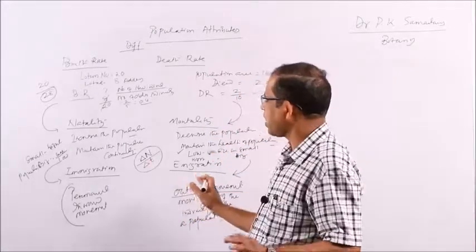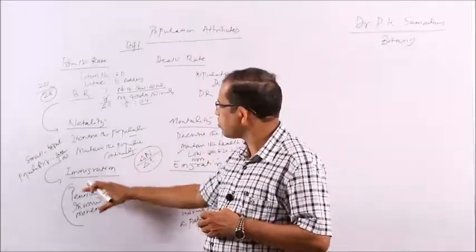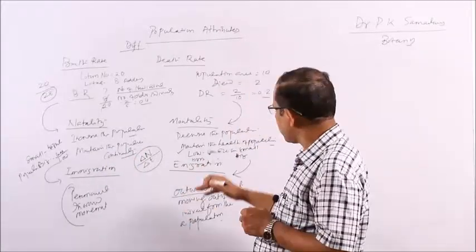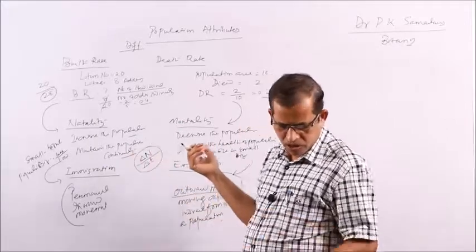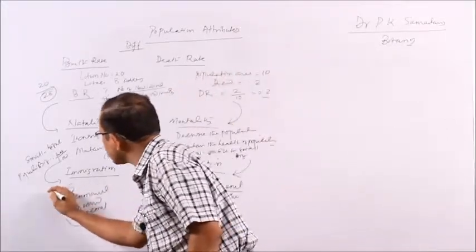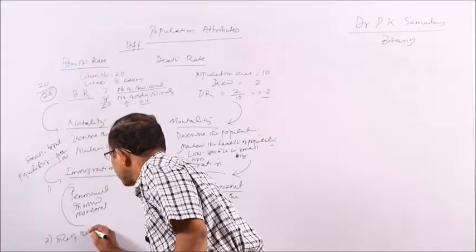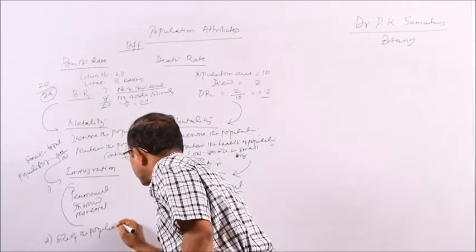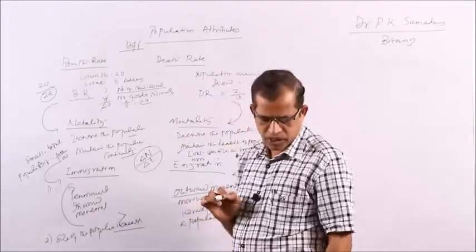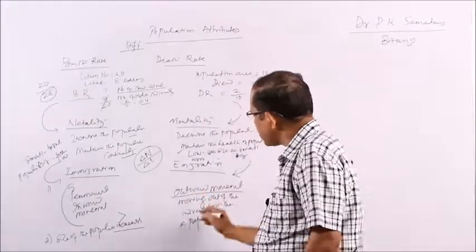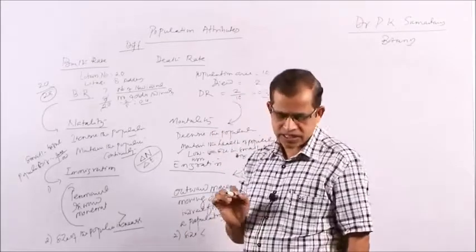So, now we are clear that when there is addition or permanent inward movement of individuals to a population, it is called immigration. When it is going out, that is called the outward movement, that is called emigration. Now, if immigration is there, you will find the size of the population increases. If they go away, then the size of the population decreases.